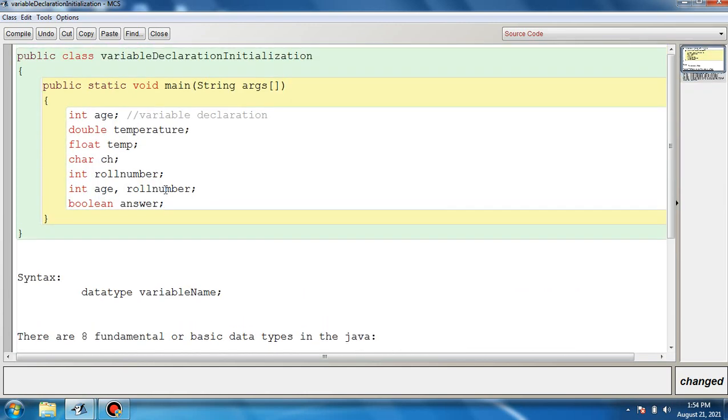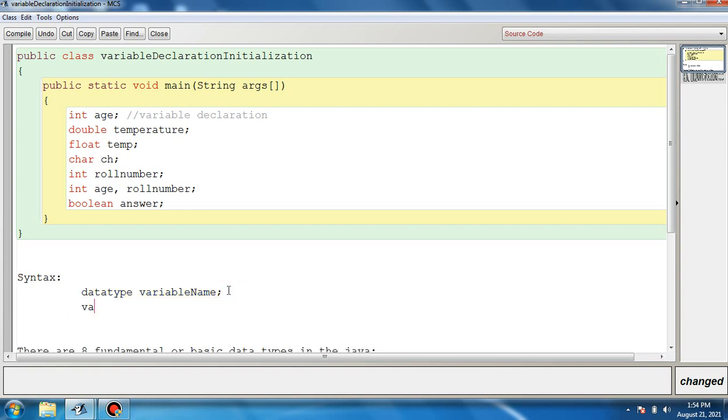Now we will discuss the next topic, that is how to assign values, or how to initialize the value of a variable. After declaring the variable, this is the variable declaration. How to assign the value?